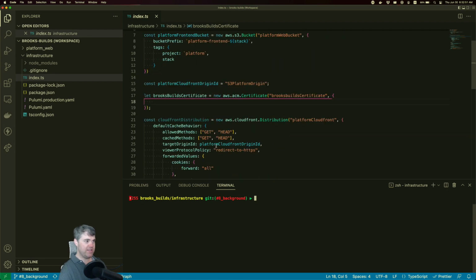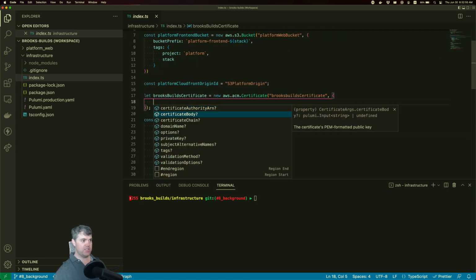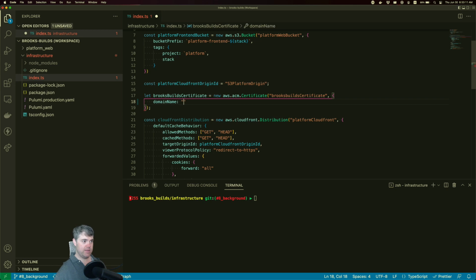Oh right, this needs information. So certificate authority ARN, certificate body. Don't know if it's any of those. I don't want to set up those things. I want it to be like the automatic one. But domain name. Okay, so domain name is